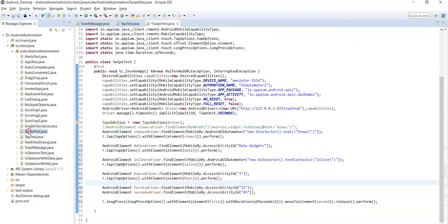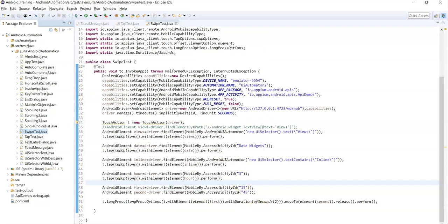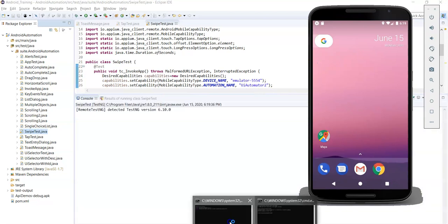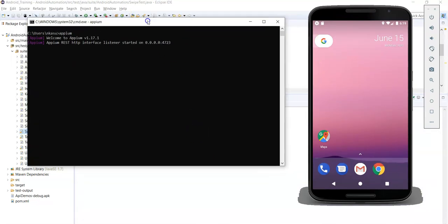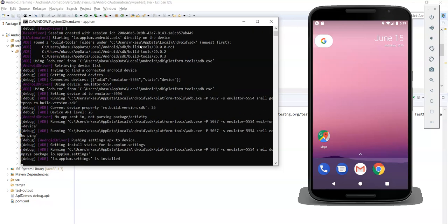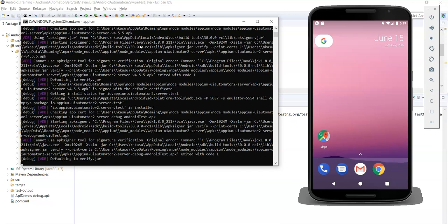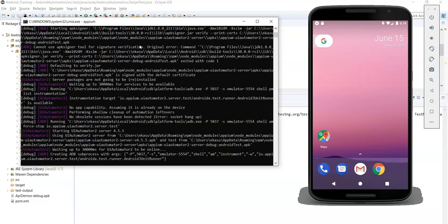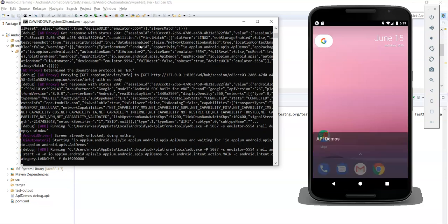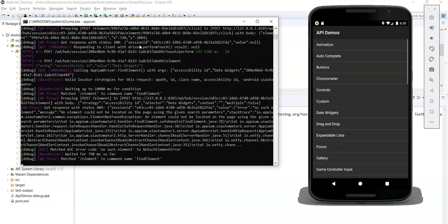Now let's run the script. So you can see the logs from command prompt. Now app got successfully opened and then performing actions.